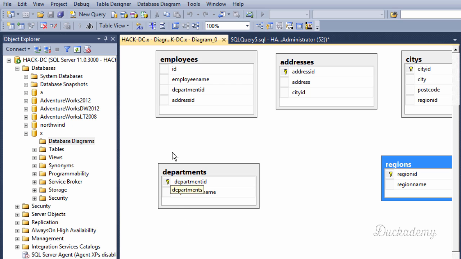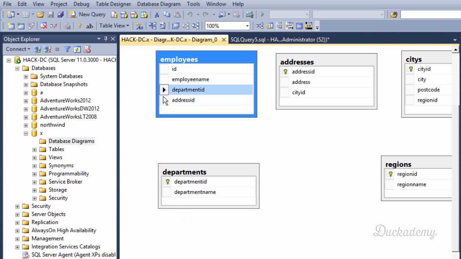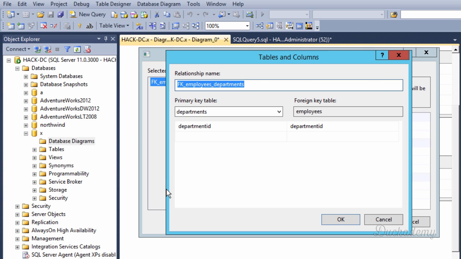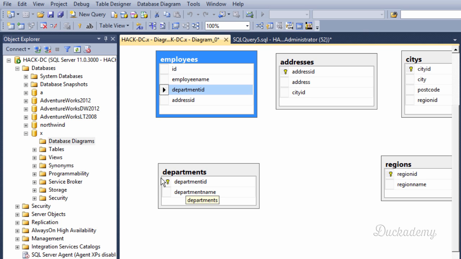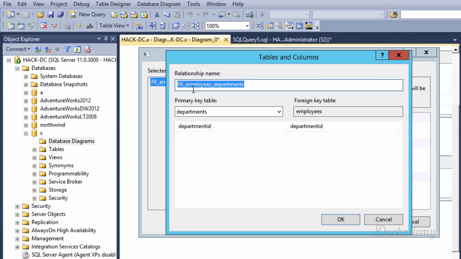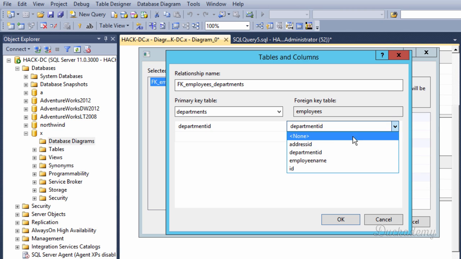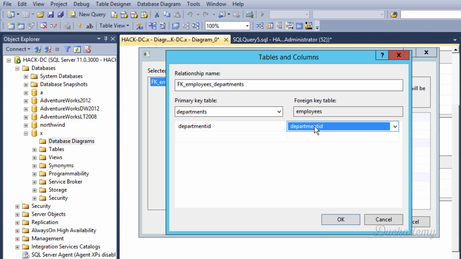To do the connection is very simple. What I want to do is to select the department ID from here, from this table, and it immediately gives me a foreign key, that FK relationship, and this foreign key will connect the employees and the departments tables. The primary key, the gold key, should come from the departments table. So the primary key table is the departments, department ID, and the foreign key is the employees department ID, because the names of the two columns are exactly the same. That's why the computer immediately shows you that most probably you want to join those two columns. Of course you can change it, but now we want to do exactly what the computer suggests. And okay,